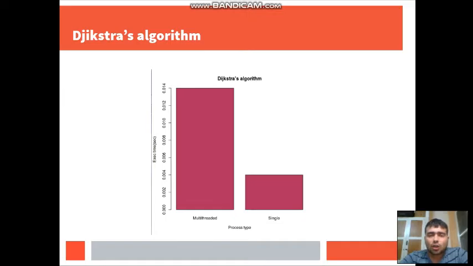This is the application we saw for Dijkstra's algorithm. For Dijkstra's algorithm, surprisingly, we noticed that it is the multi-threaded machine that takes more execution time than a single-threaded machine. Why is this the case? Because Dijkstra's algorithm is an iterative process. That means that the next iteration has to be dependent upon the previous iteration, and the time difference in getting the result of one iteration from a different core to another outweighs the time it would have taken if all executions were done on a single core, and hence Dijkstra's algorithm is more expensive on a